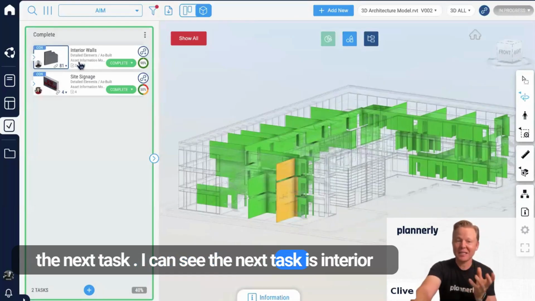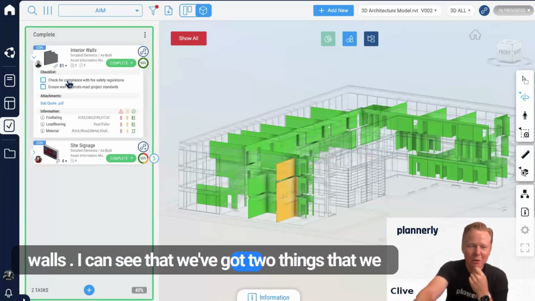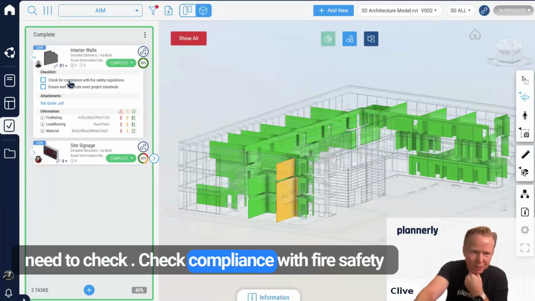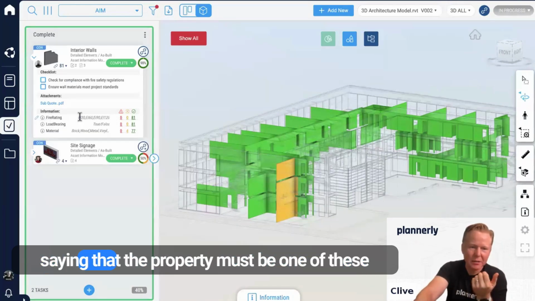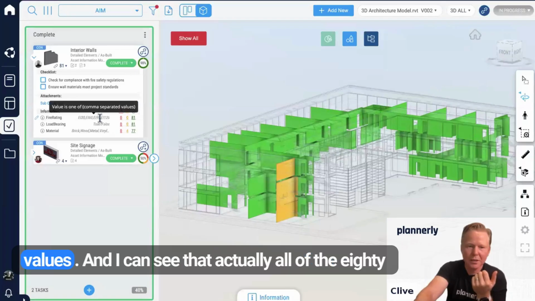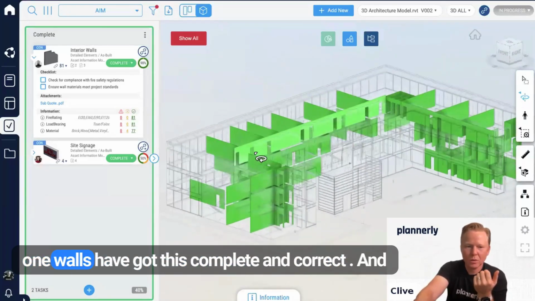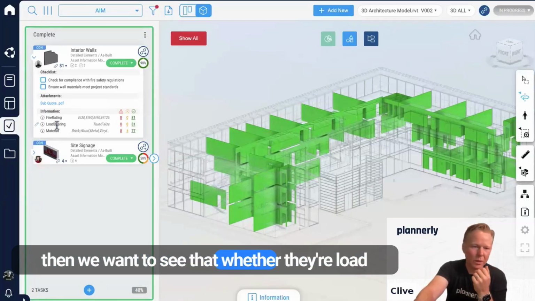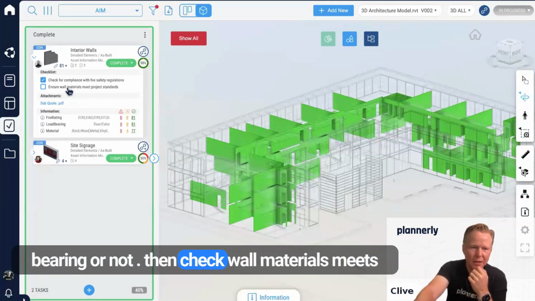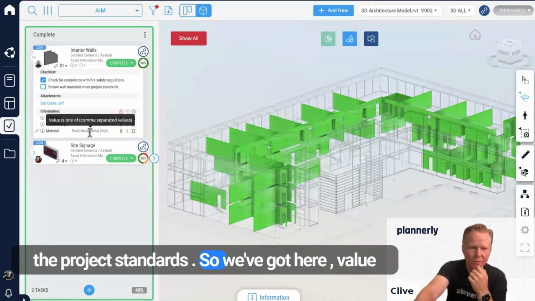I can see the next task is interior walls. I can see that we've got two things that we need to check. Check compliance with fire safety regulations. There's an information requirement saying that the property must be one of these values. And I can see that actually all of the 81 walls have got this complete and correct. And then we want to see whether they're load bearing or not, and then check wall materials meet the project standards. So we've got here